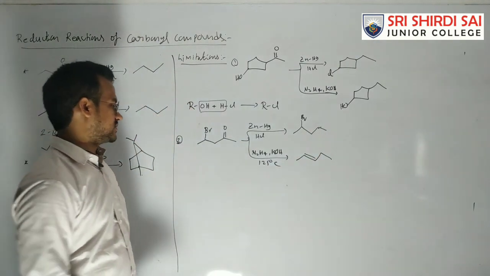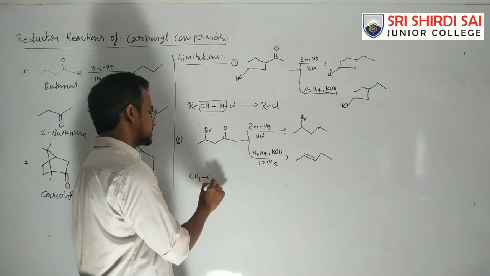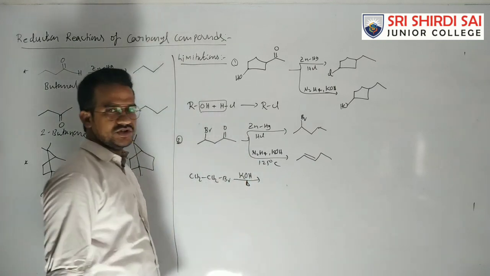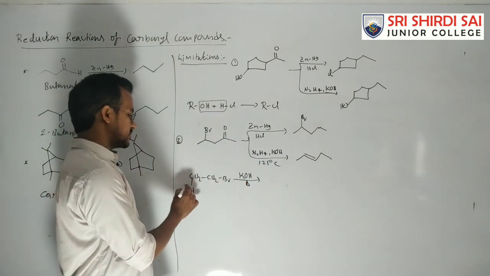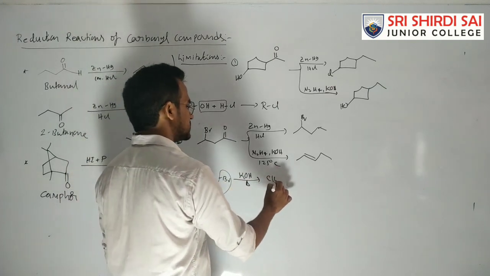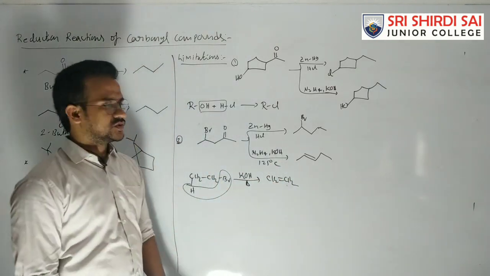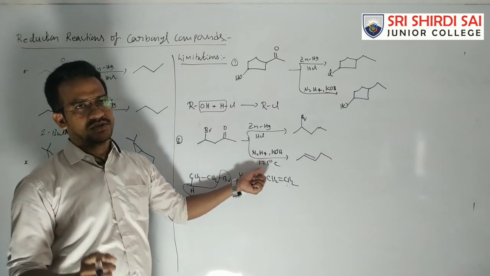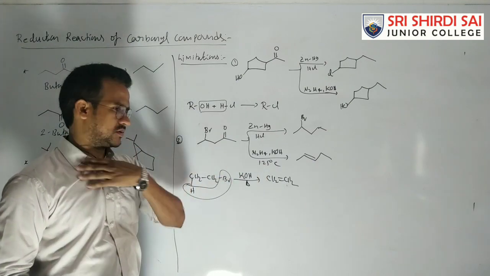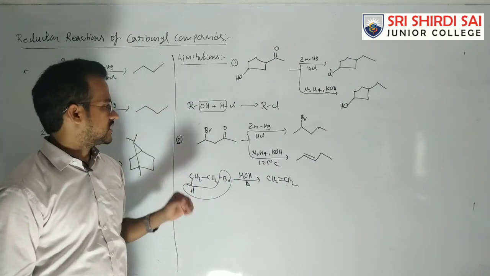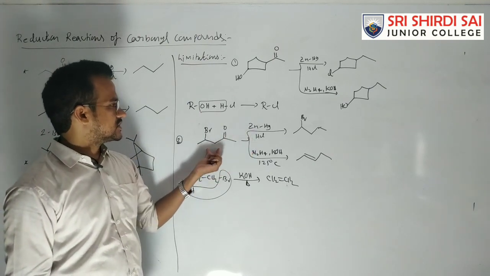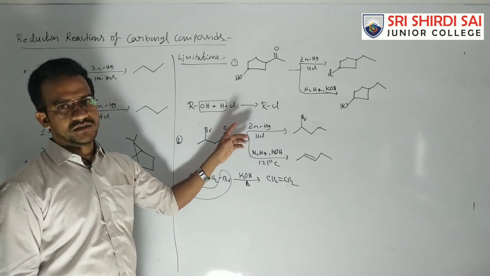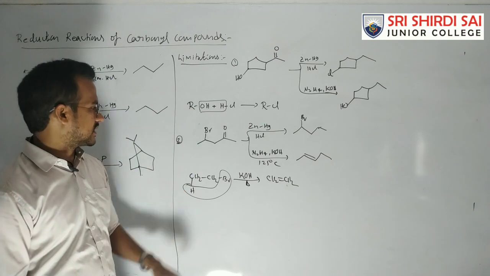Additionally, elimination takes place, because alkyl halides on heating with KOH undergo elimination reaction. So loss of HBr produces CH2 double bond CH2. So it is a base sensitive group, and this reaction is carried out at a high temperature. Generally, high temperature favors elimination reaction. So for the reduction of this compound without affecting this carbon-bromine bond, Clemmensen reduction is the suitable method. That is the second one.